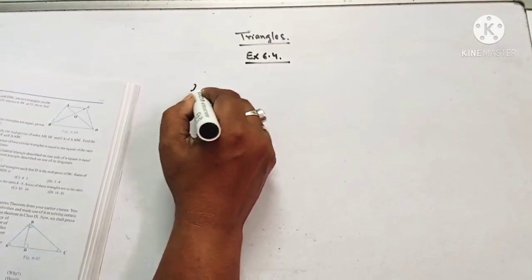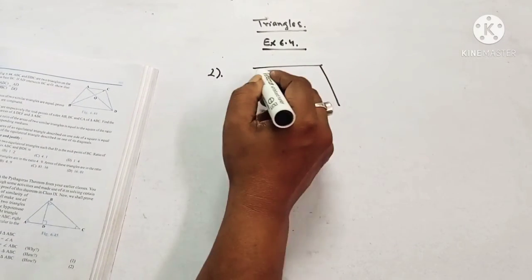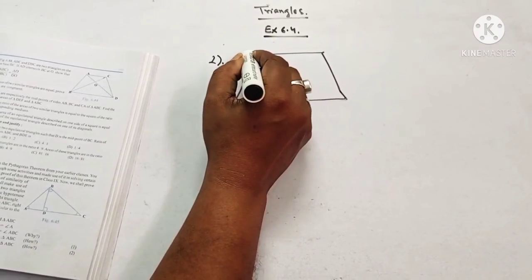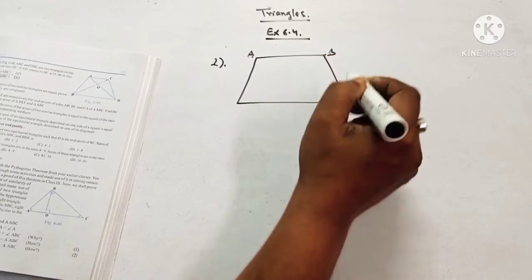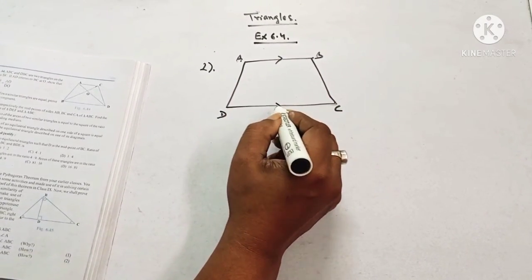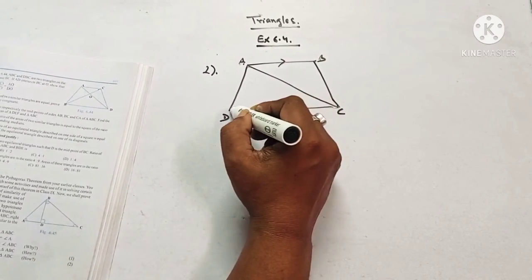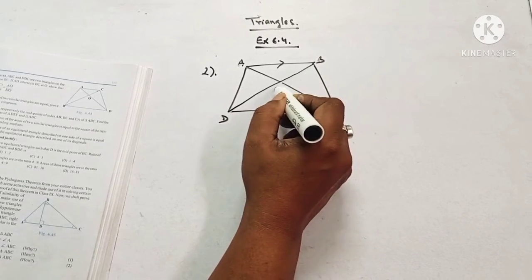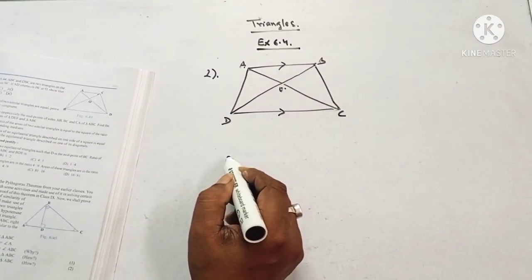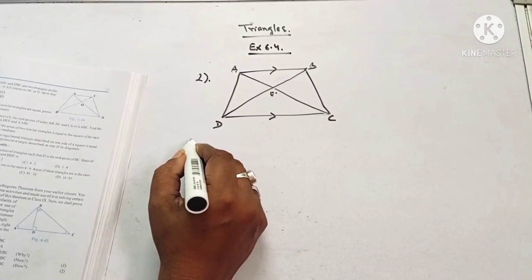Now question number 2, here this is your trapezium, and A, B, C, D. AB is parallel to DC and the diagonals intersect at O, and here it is